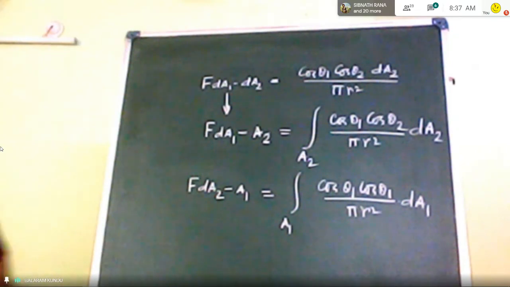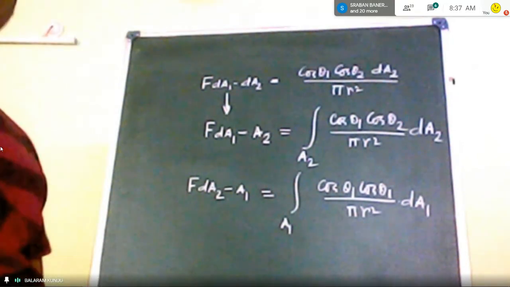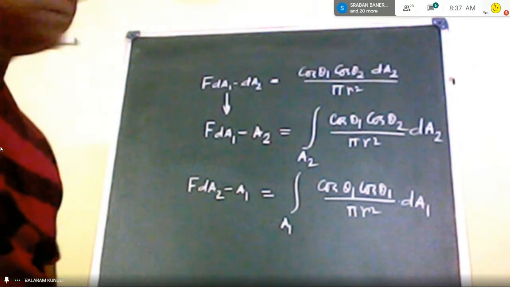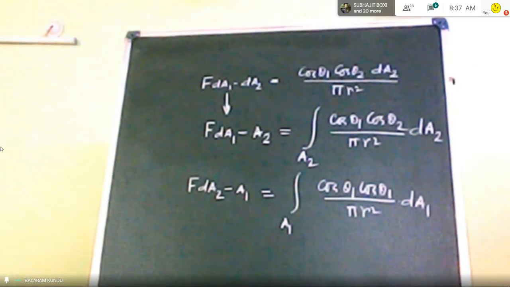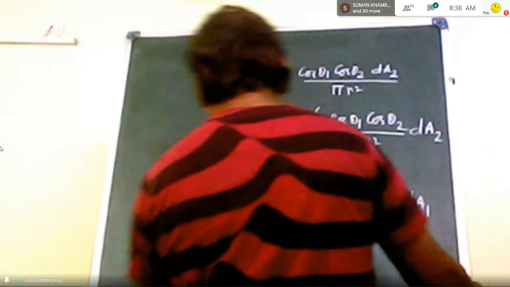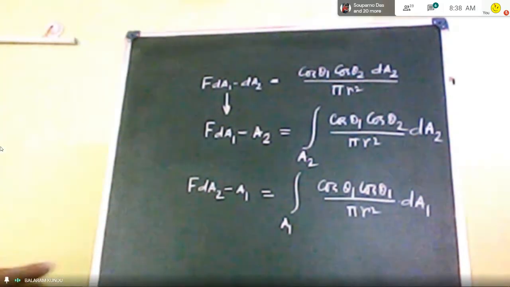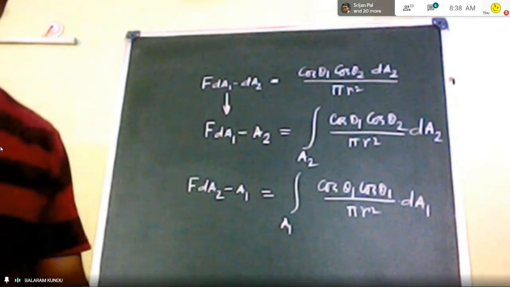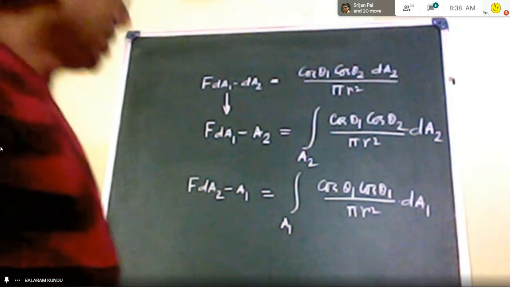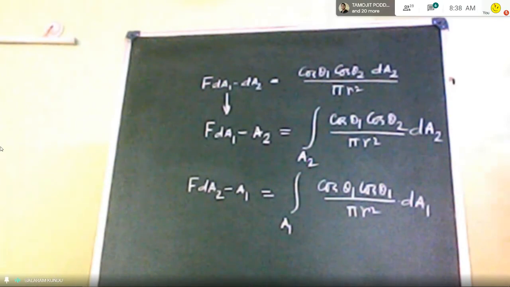So we can write these two mathematical equations easily, so there will be no problem. Then we consider here the reciprocity relationship. Already we have obtained the reciprocity relationship of shape factor. Just using this property, we can write one expression.